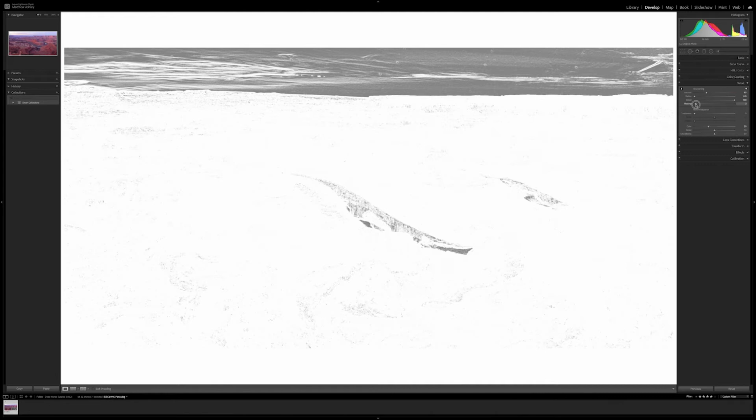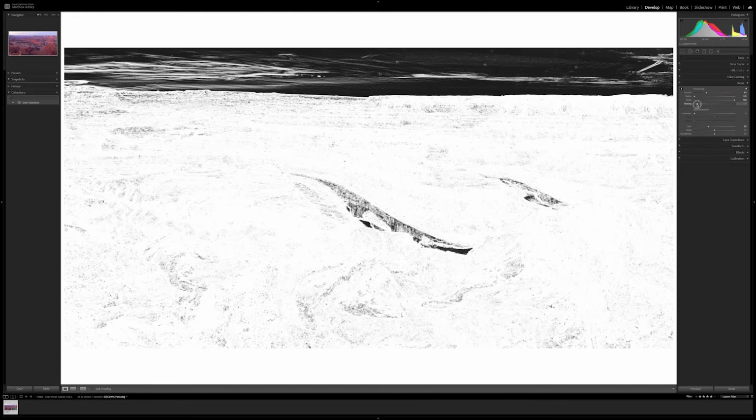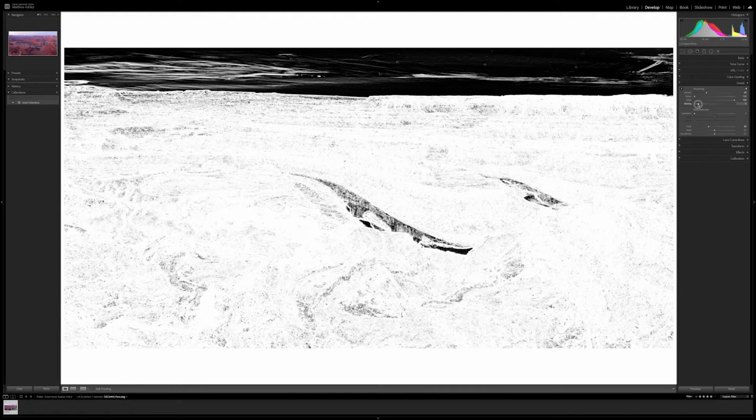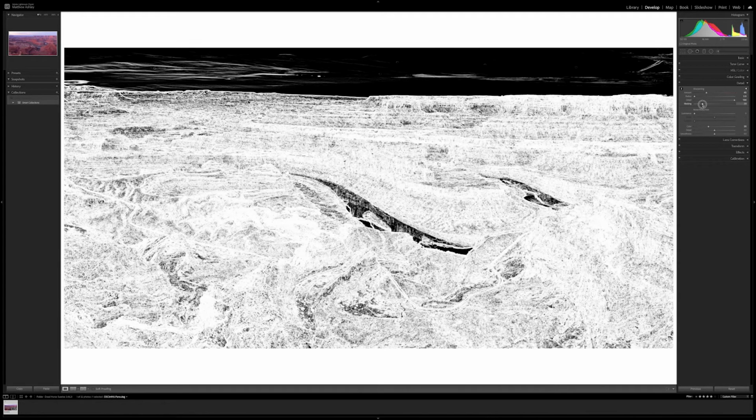And if we just keep sliding it to the right here, you can see those black sections start to mask out the sharpening in the smooth areas. It's also masking out the sharpening in the smooth areas on the rock faces of the cliffs, and I'm totally okay with that. That's one thing about this mask feature: it's not completely fine-tuned. And you'll see what I mean by fine-tuned when we talk about that second method in Photoshop. But in this method, this is just a super quick, easy way to mask out that capture sharpening in